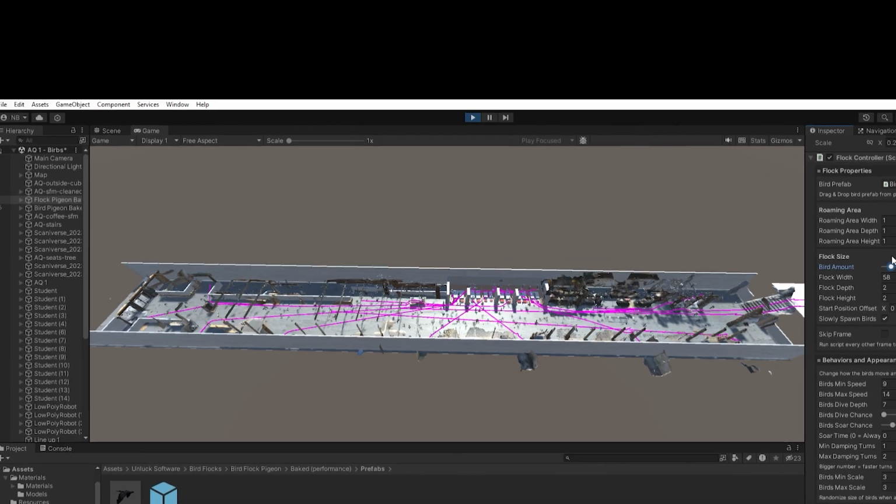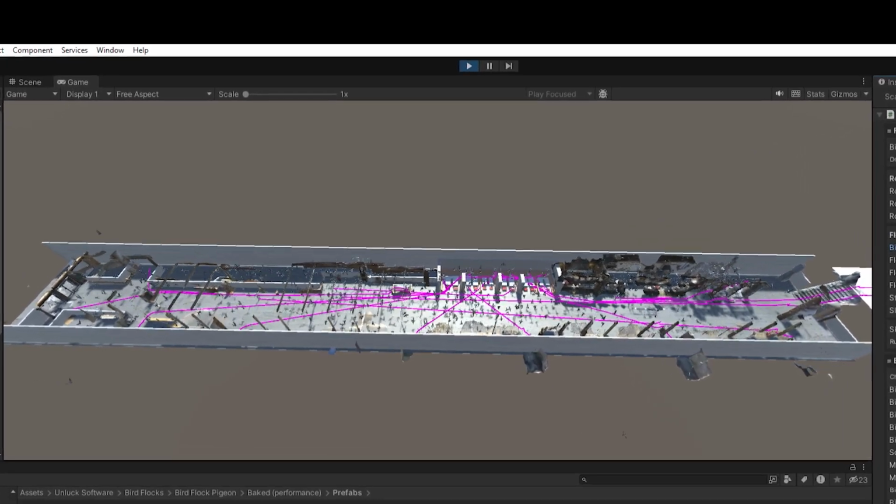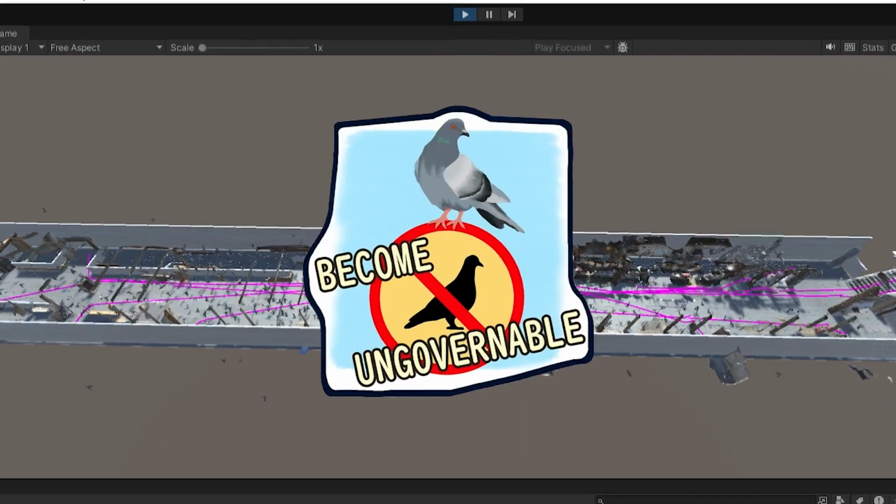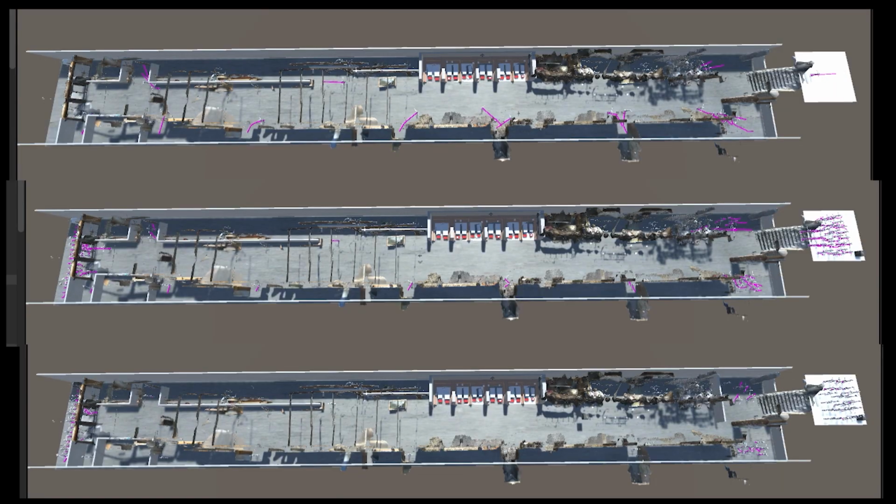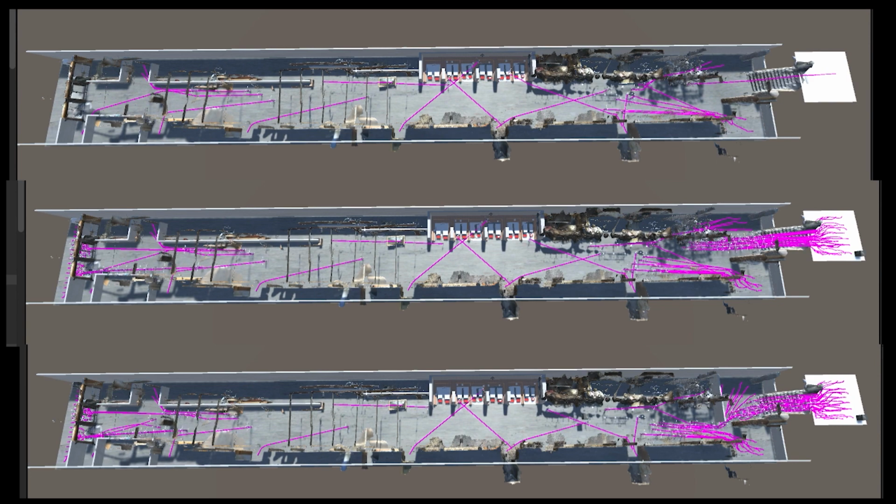I did 3 simulations, one of just the students moving around in the space getting in line,